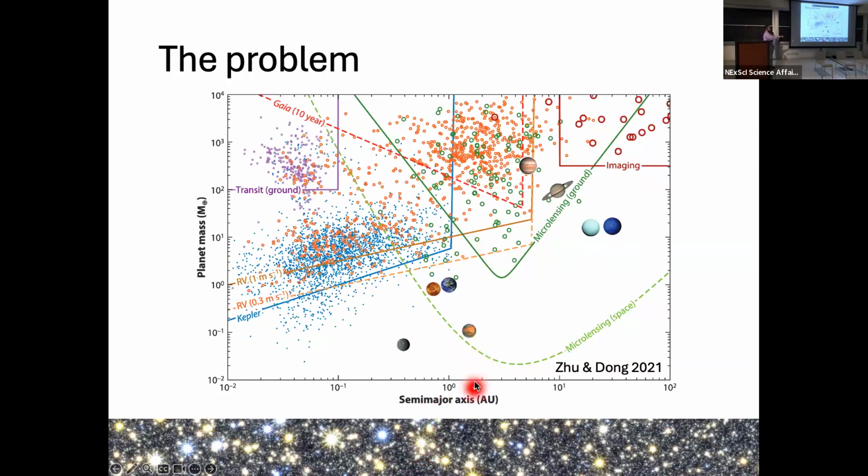The region from about 2 to 3 AU is expected to be where the water ice line is. So this is the region in the protoplanetary disk where water vapor can sublimate, if that's the right direction, into ice particles, and that gives you a big enhancement in the solid surface density of these disks, which is thought to promote the rate of formation of giant planets. So we expect to potentially see large numbers of giant planets at this distance, and the radial velocity and microlensing surveys do seem to